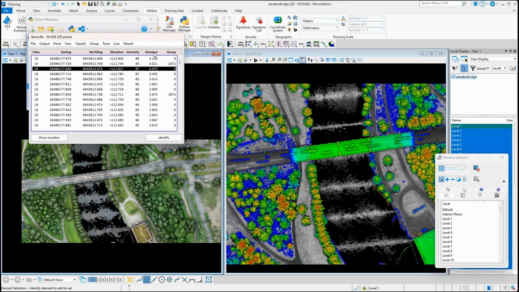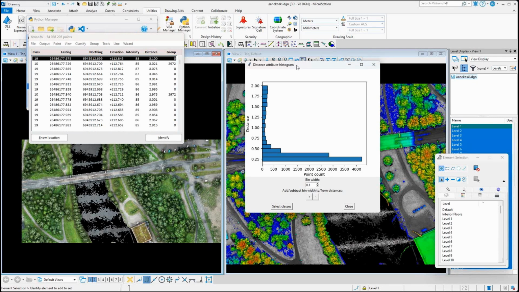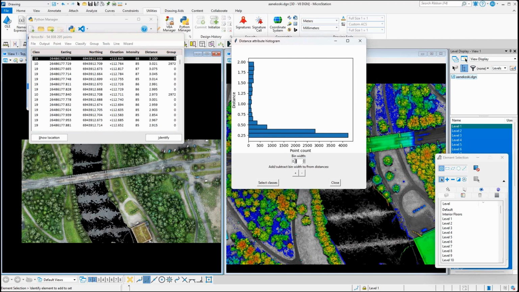So now I have there the distance column representing the distance values. And in this example, I have the setting for changing the bin width, so how wide are the bars in the graph. And there are additionally buttons for